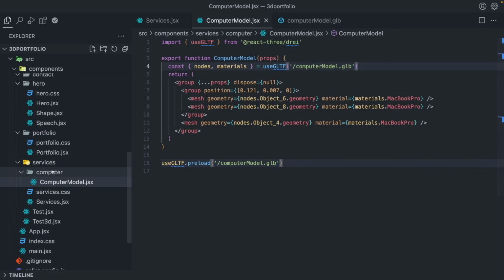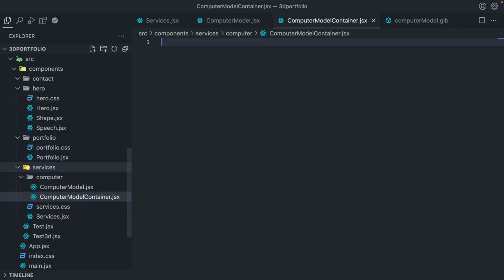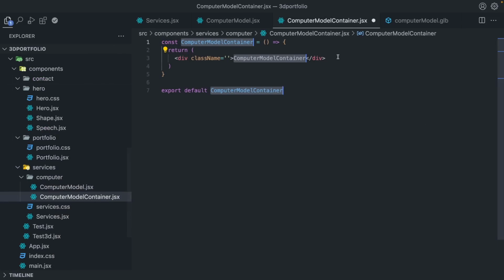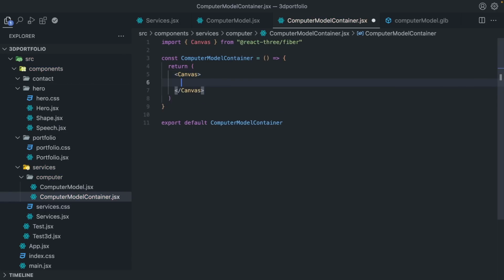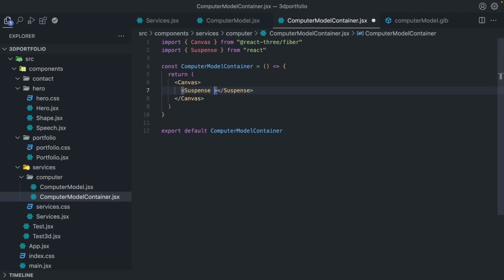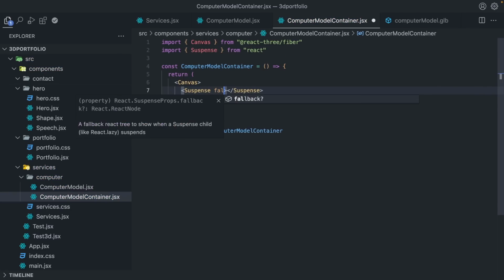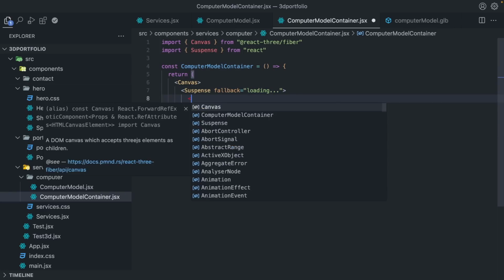To do that, I'm going to create a container. And let's create our canvas. That comes from React Three Fiber. And inside, we are going to be using Suspense because it's going to take a while. During this process, we can show a loading text or icon or whatever. And here, I can use my model